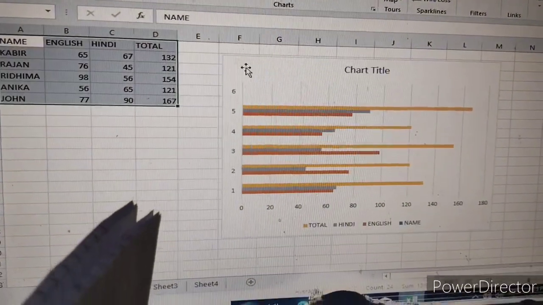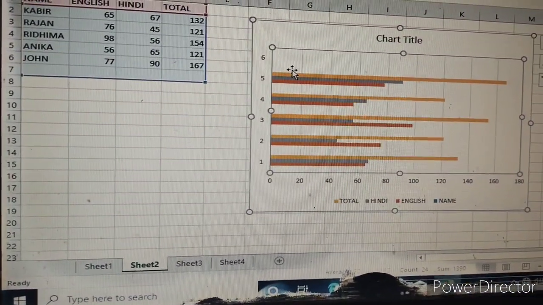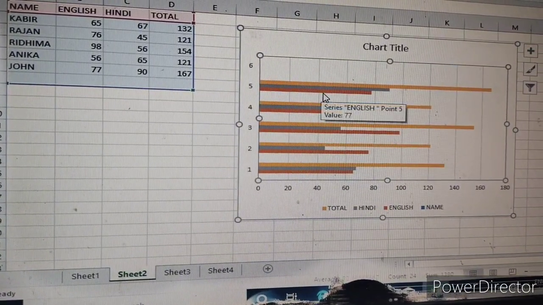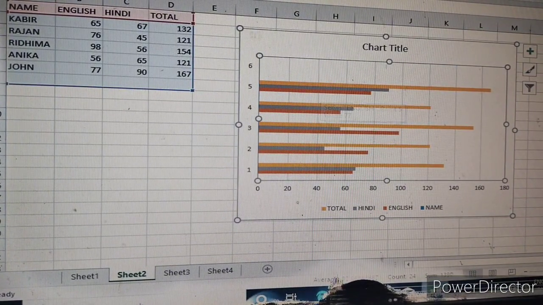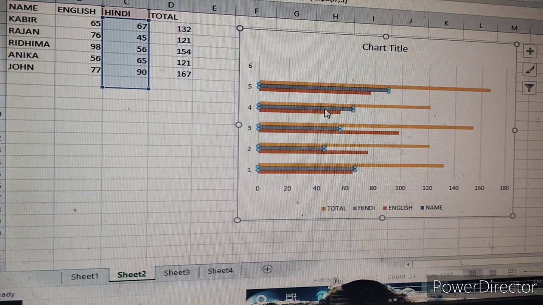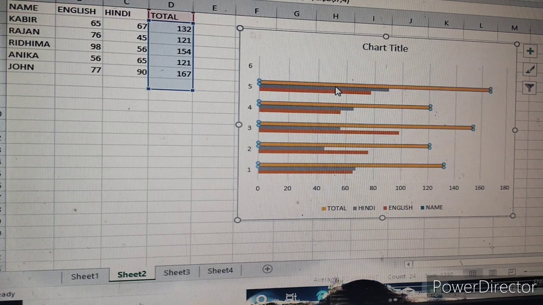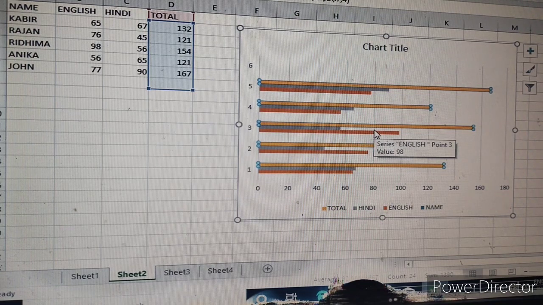All right, I have already created one bar chart. In this bar chart, student, the data is displayed in the form of long horizontal bars. Each and every rod is known as a bar. It compares the data. Okay, it is just opposite of the column chart. The column chart displays the data vertically and the bar chart displays the data horizontally.